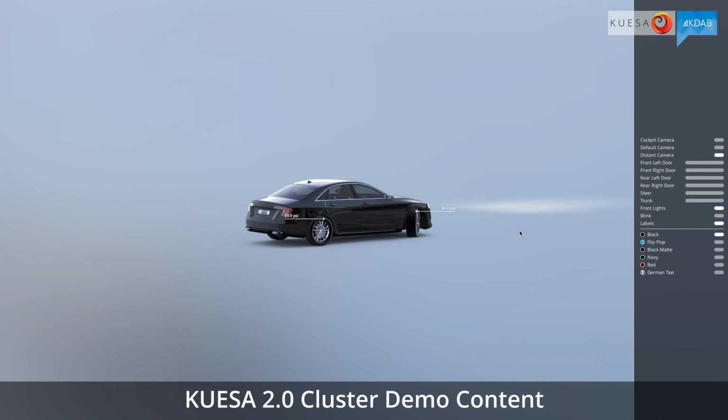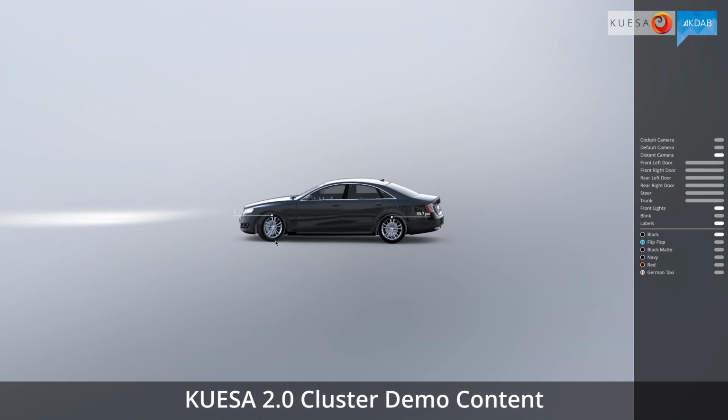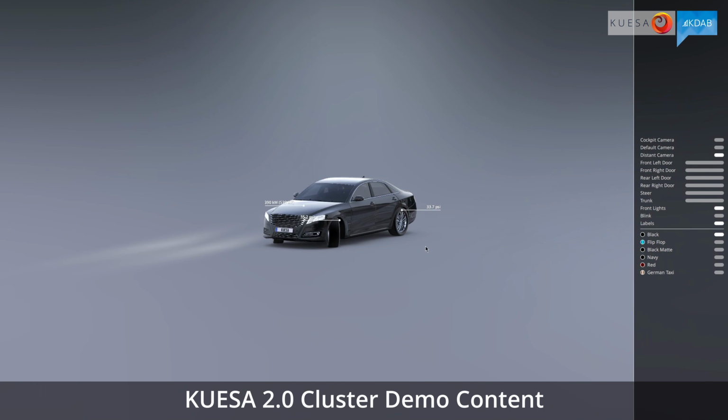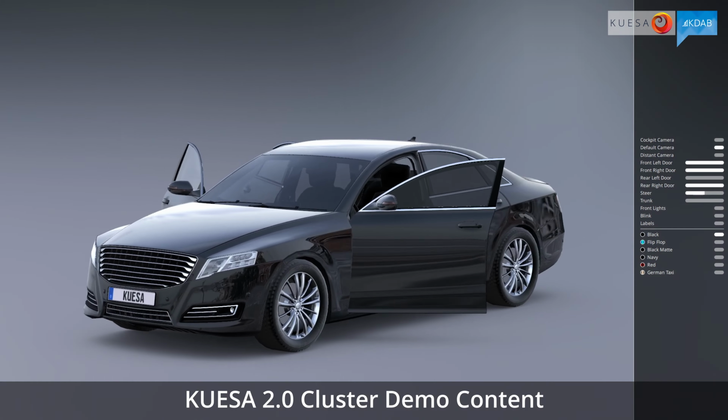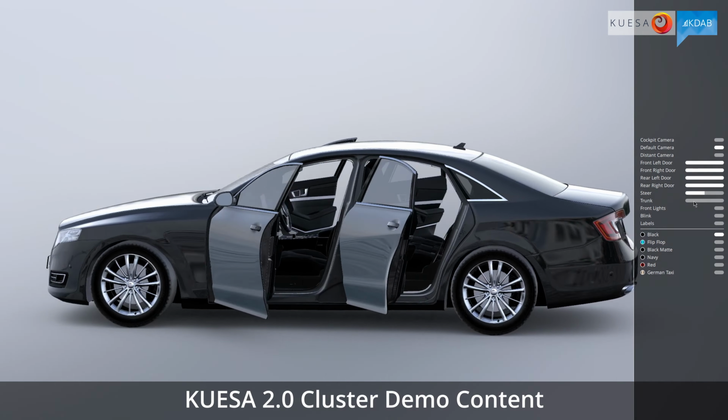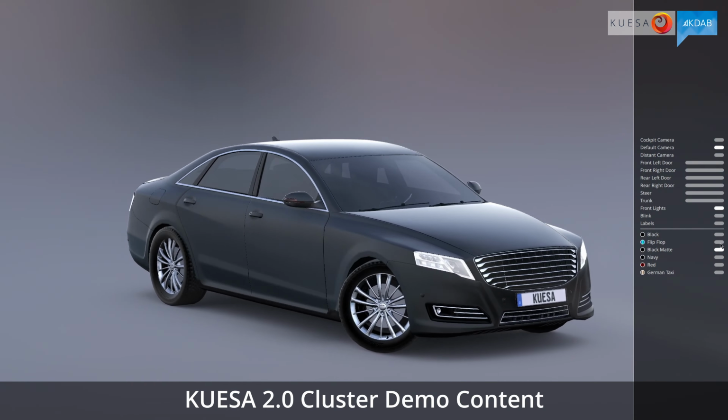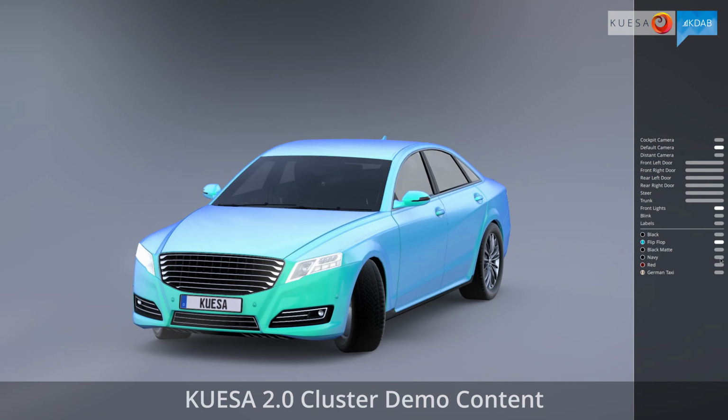This is the showroom scene of our demo. We have a lot of features here, like labels tracking objects in screen space, different cameras we can choose from, animations and effects we can control from the UI, and various car paints we can apply to the model. All those features are defined in the 3D scene, in this case in Blender by the designer.